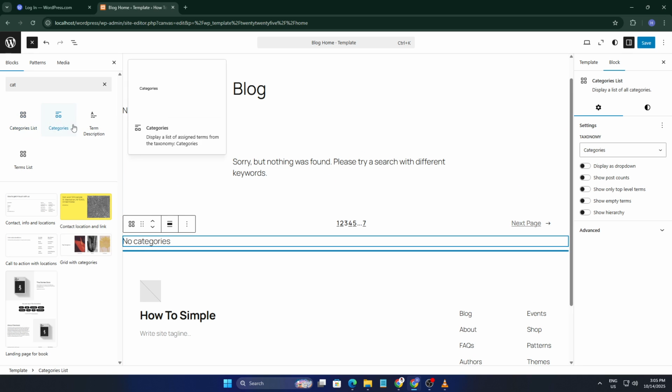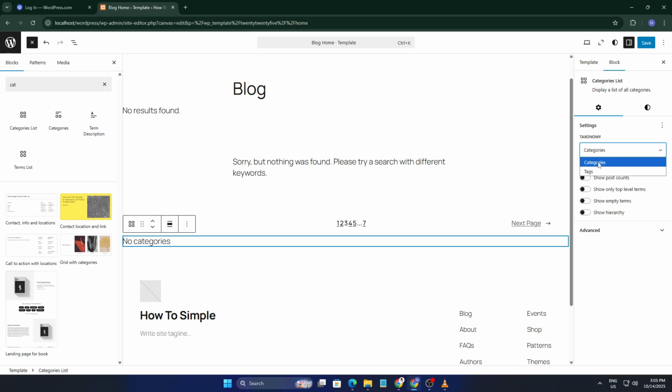This process gives you full control over how visitors explore your content, and it sets your site apart with a